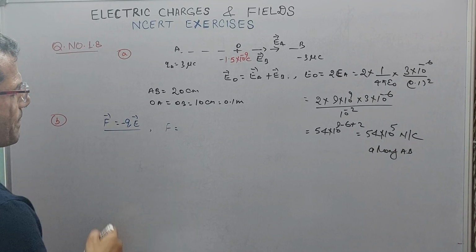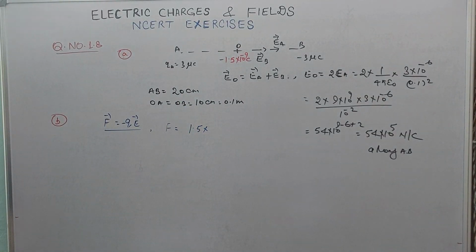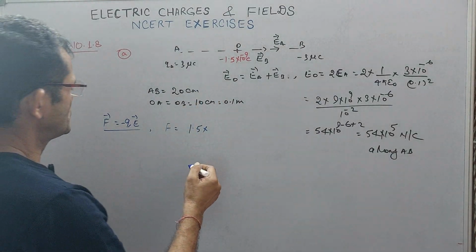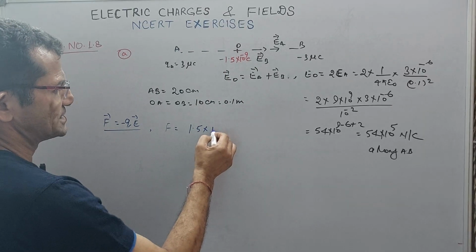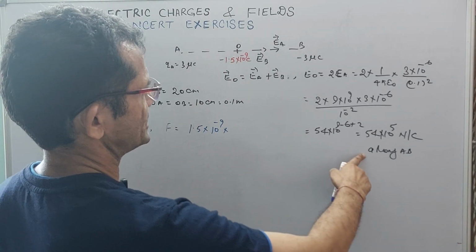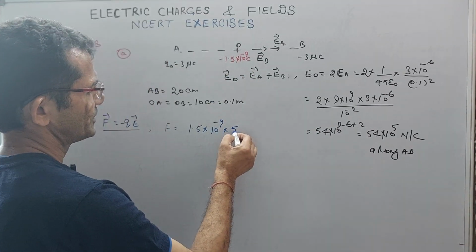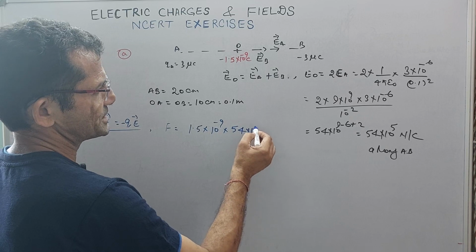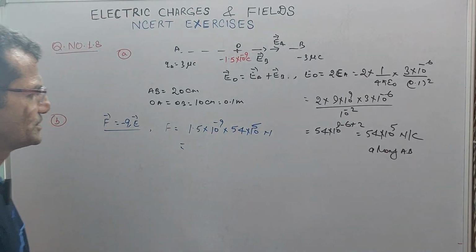F is equal to Q times E. The charge is 1.5, taking only the magnitude, not the sign of this charge. 1.5 multiplied by 10 raised to minus 9, and our electric field, already calculated at the origin, is 54 multiplied by 10 raised to the power 5. So this is in Newtons. If you simplify this one,